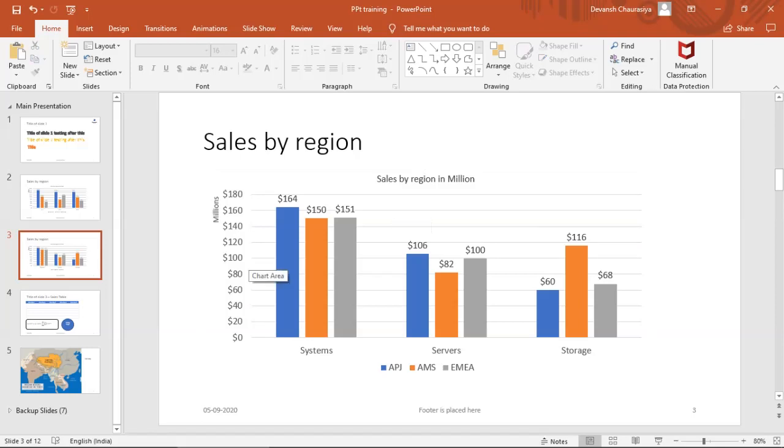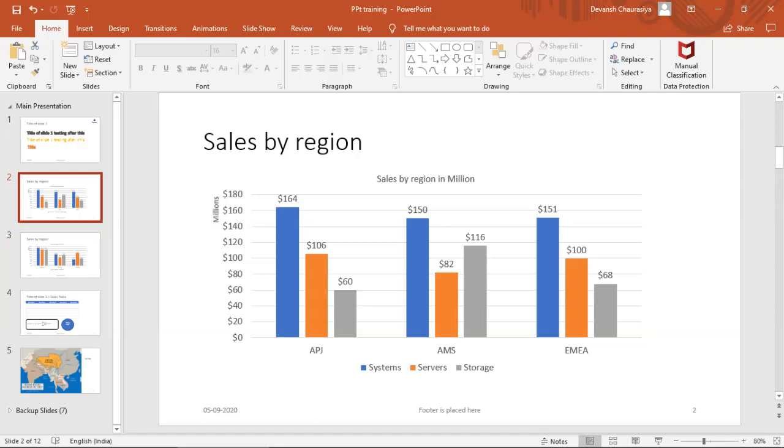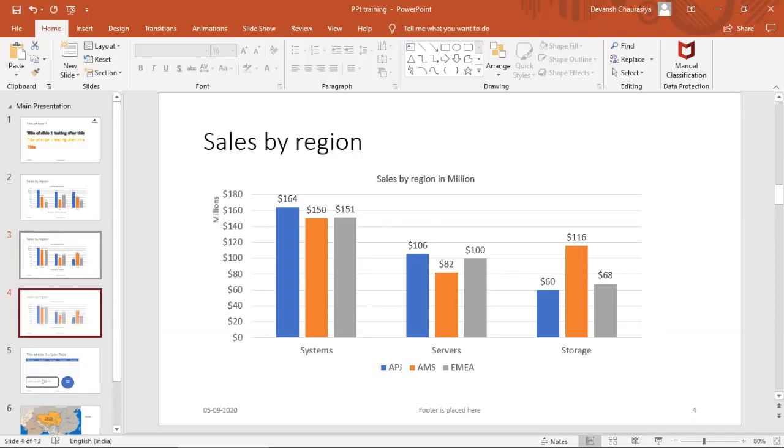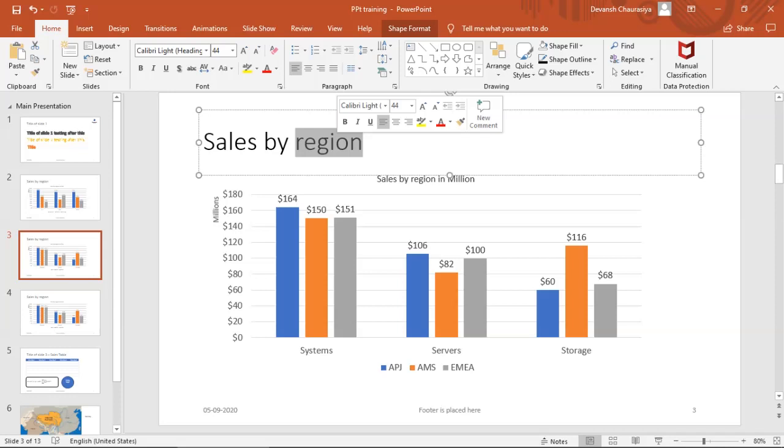So now we saw how one graph can be switched into another type of the same graph, but to showcase the same information in a different way for a different user, right? Now let us say that the region head has a preference of seeing the numbers as a bar chart, not as a column chart. So what I do is I just make a duplicate of this, okay? Not make any change on the original. I make a duplicate of it. Let me make that by product line.